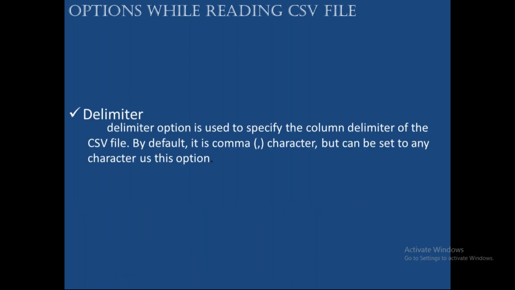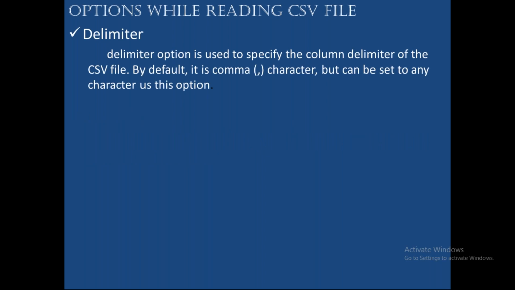So what are those options? We just discussed them. Not only are these the most important options, but there are still some more options which you can use based on your requirement, based on demand. But these three are very, very important. If you see any code where people are using CSV files in real time, they will use these three options for sure. That's why we are going to discuss these three, and I will discuss other options also at the end of the CSV files discussion, because the CSV discussion will go at least 3 to 4 classes. We need to discuss a lot.